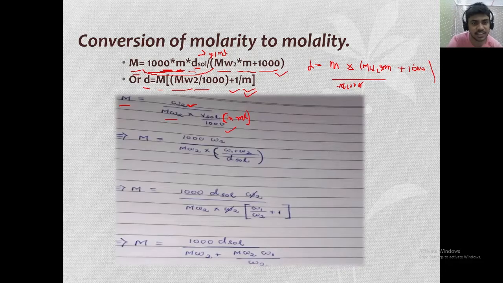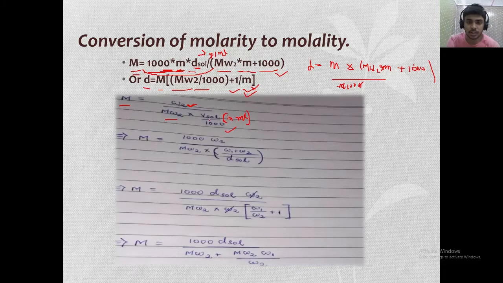Okay, so now here what are the terms? Here the terms are density of the solution, molality, molecular weight. I have not taken any term that is to be measured, like the weight of the solute or the weight of the solvent, means W1, W2. I have not written here. So we will try to cancel all those terms like W1 and W2. Also, volume we have not taken. We have taken a generalized formula where we will not measure anything. So this volume of the solution I need to cancel out.